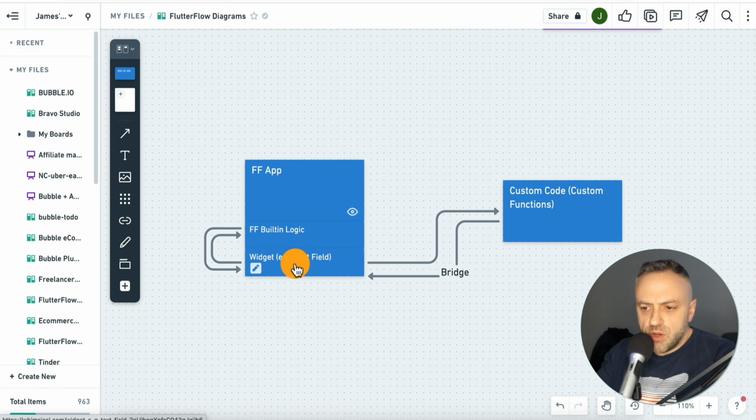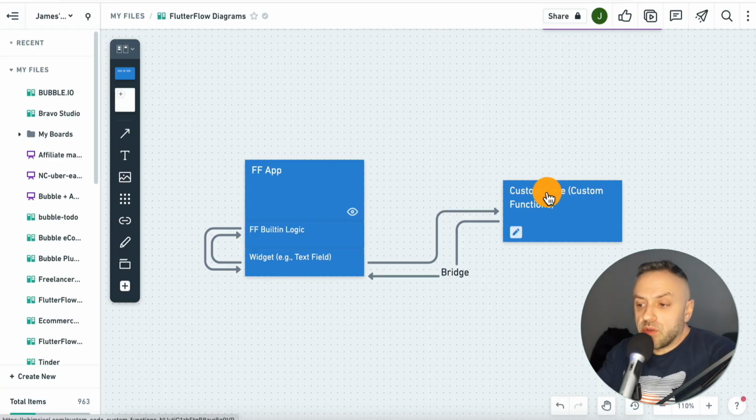And so here you have a widget, and let's say you need to display some code from a database, or you need to do something. Typically, that's going to be taken care of for you by this FlutterFlow built-in logic. But there are cases where FlutterFlow comes up short. It doesn't have the capability to do it. And I kind of explained to you by showing you some of the examples. But the fact of the matter, there's going to be a lot of situations where FlutterFlow is going to come up short and you need to do it yourself.